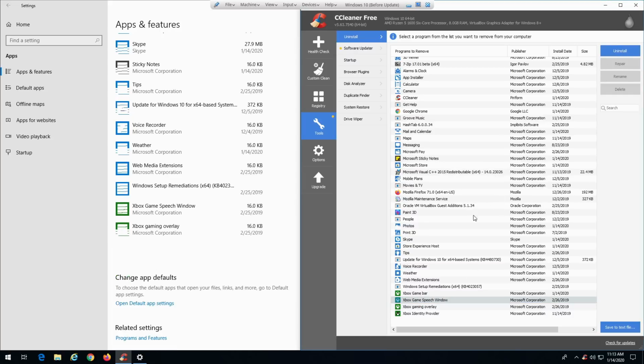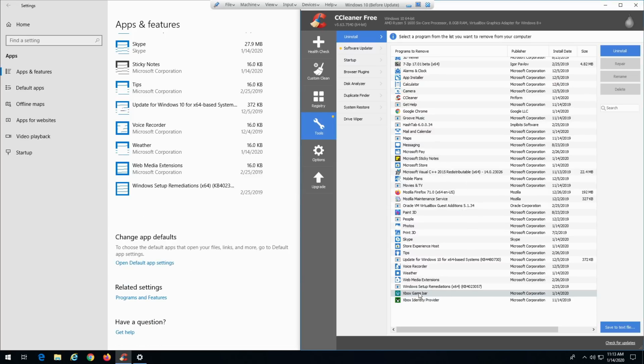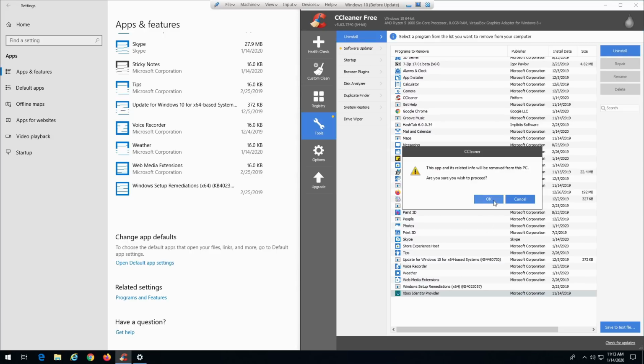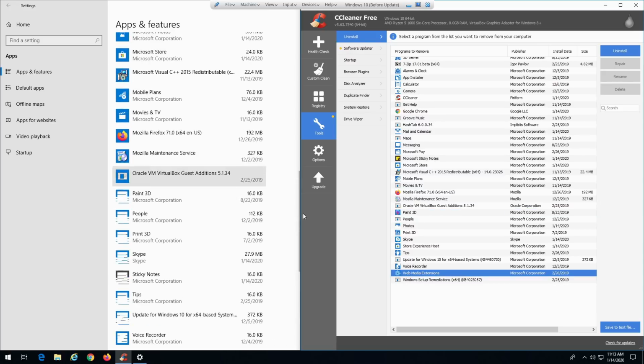Now that raises another question. Why do I need a third-party application to remove bloatware off my computer? But you will notice that there are some other things on here, like Cortana, that I do not have the option anywhere here to uninstall. But at least CCleaner will allow me to clean up a lot of the bloat that I know for sure I don't need. Like there's Skype, there's the Paint 3D, some of these tools up here that I know I won't be using.